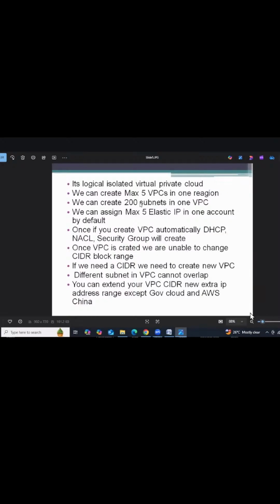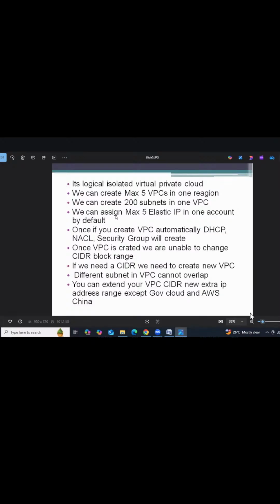Already we discussed this while discussing networking concepts. With the help of the apple formula I gave, we cut one apple into two pieces. Like the same way, VPC is a big network, and we divide it into multiple subnetworks, that is called subnetting. So 200 subnets we can create in a VPC.